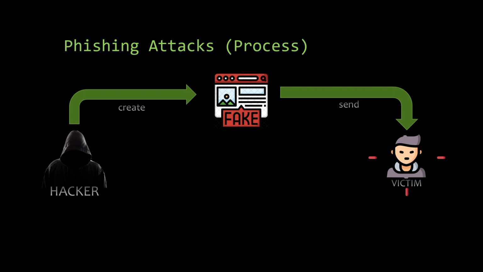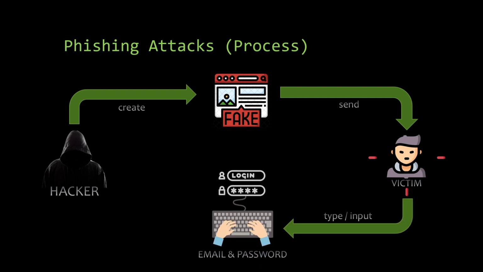And now, as the victim, they will trust the hacker and click the link to go to the fake website. Thinking that it was a legit Facebook login form, the victim will now input their email and password or login information. And once they submit this form, the login information will be automatically sent to the hacker. And there you go. The hacker has successfully got our email and password. They just need to log in and change our recovery information, so that they can take our Facebook account with those details, our email and phone numbers. And that is how quickly hackers can get access to our Facebook accounts using phishing.